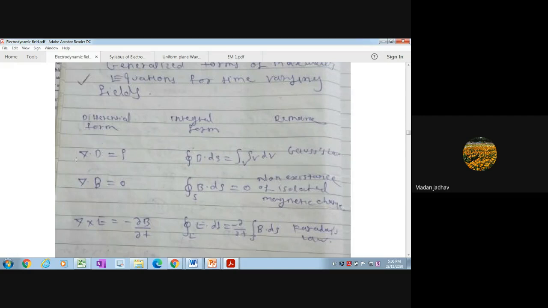This Maxwell equation we can use for static fields and also for time varying fields. In a time varying field, the electric flux density D is varying with respect to time, and the volume charge density rho is a scalar quantity, it is not a vector. D is the vector. It is time varying, and this is the meaning of this Maxwell equation, which is obtained from Gauss law.